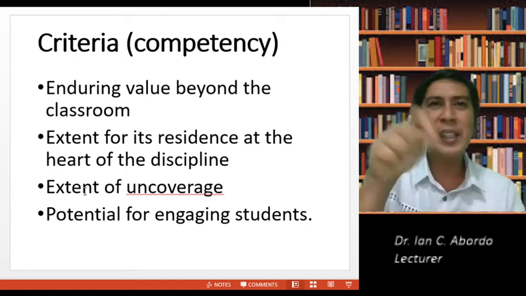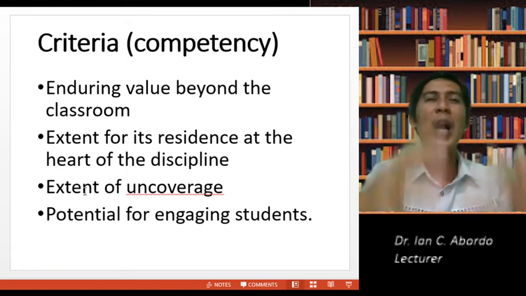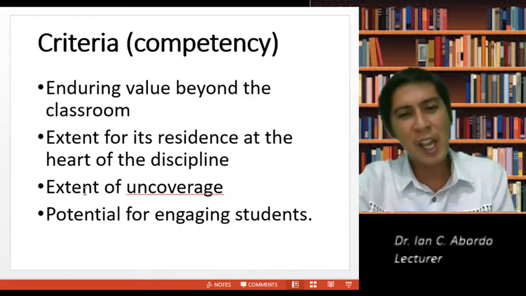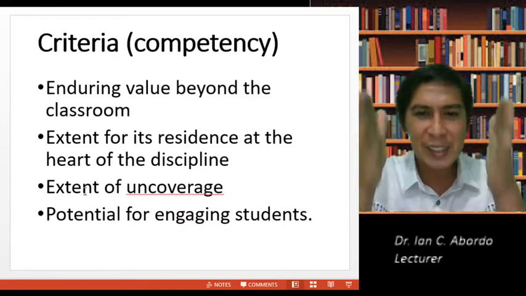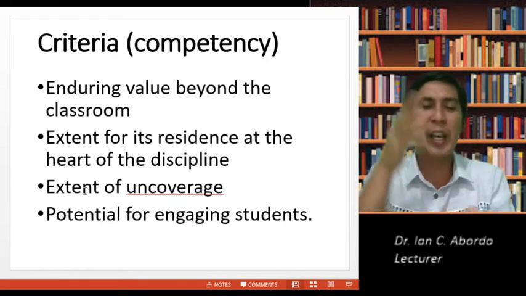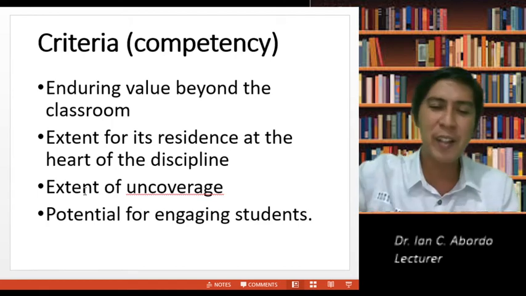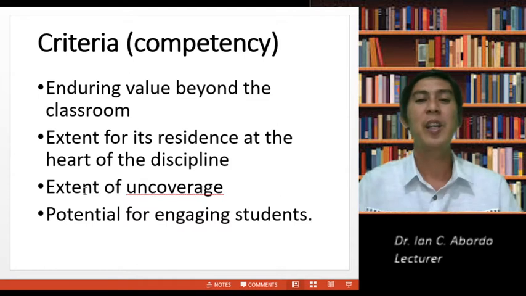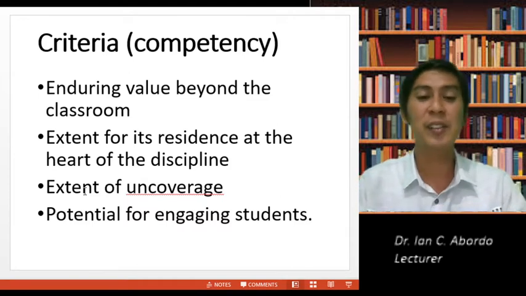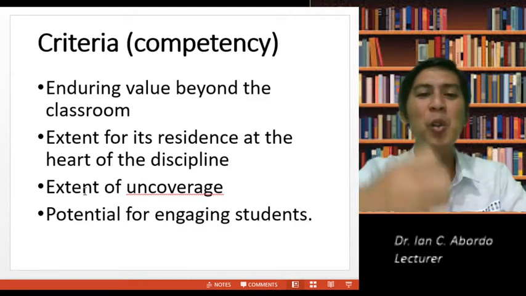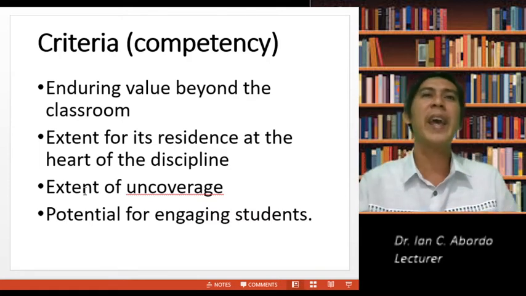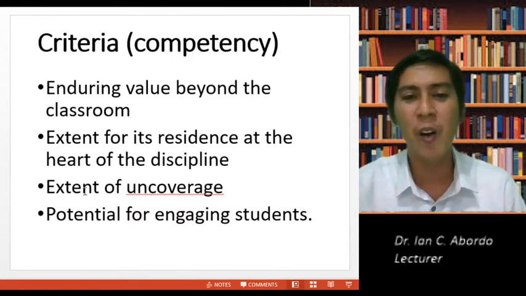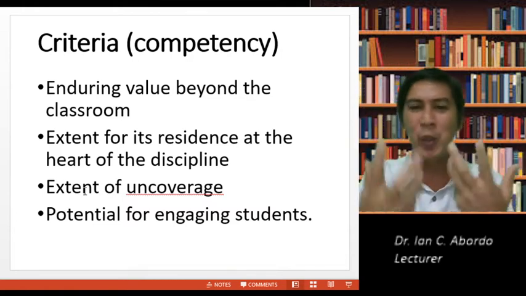Say, for example, writing. That's a competency, no? Writing essays. That's a competency. It goes beyond the classroom. It's not only a task that is done inside the classroom. You can apply that in the workplace, when you write a thesis, when you write projects, when you write essays, when you write to your parents. So that is a competency that goes beyond the classroom. What about x plus y? What about 1 plus 1 plus 1 plus 1? What about the Pythagorean theorem? How do we do them? Okay?